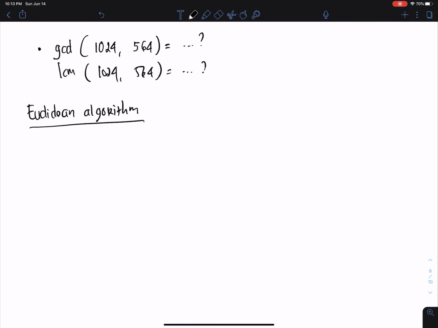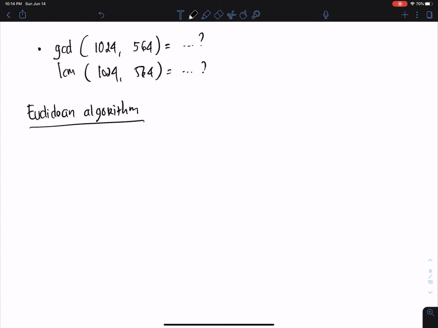Alright, but this Euclidean algorithm is specifically used to find the GCD, not the LCM. As far as I know, one of the implementations of the Euclidean algorithm is to find the GCD. So for the LCM, it's not for this one. We will try to discuss the LCM in a different section later on.